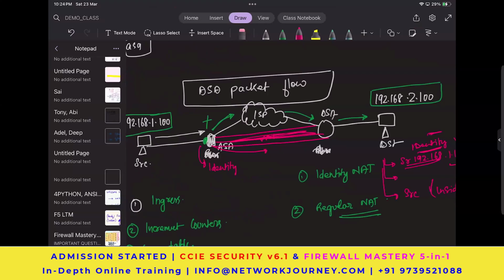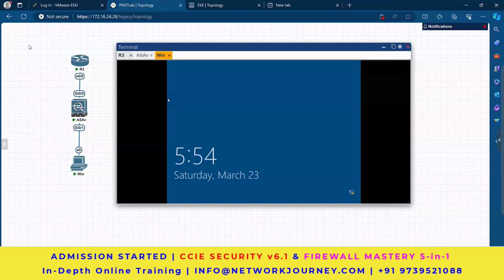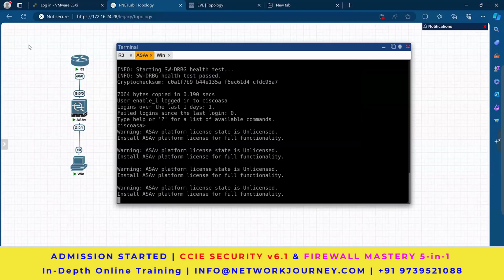So you will see that in some scenarios we go with identity NAT, because your packet was taking the regular internet path and you don't want the regular internet. You want that interesting traffic to get over. I can also show you that if you go to... Is it the same thing as NAT exemption? Yes, exactly. See here, when you do a packet tracer command,